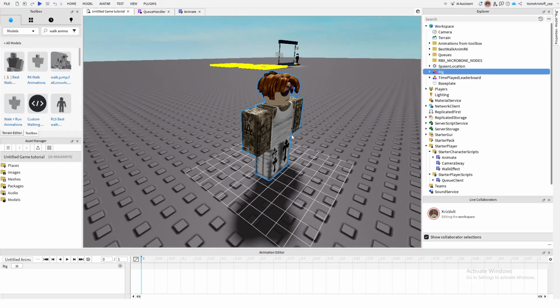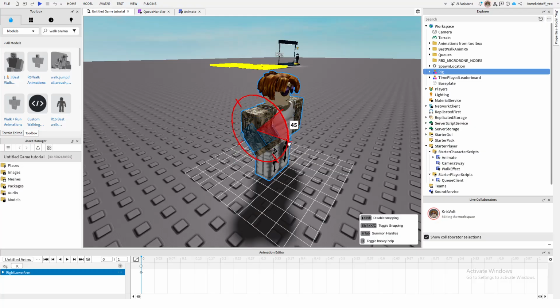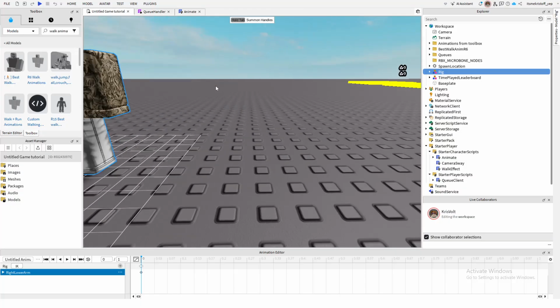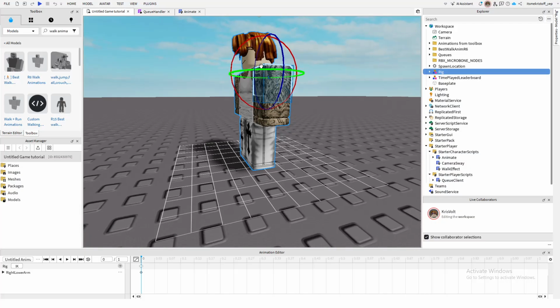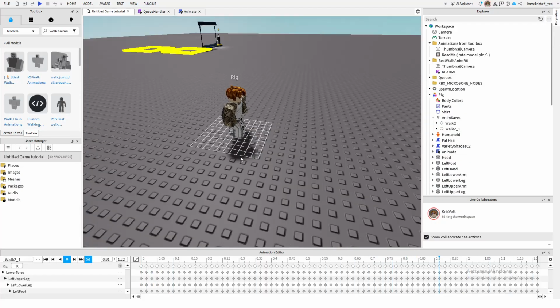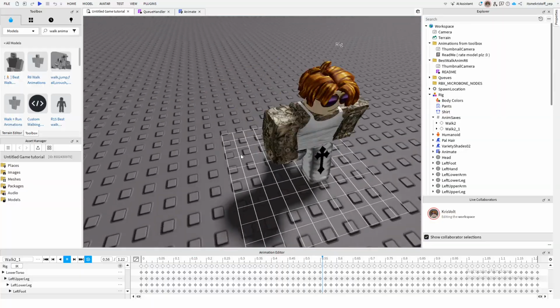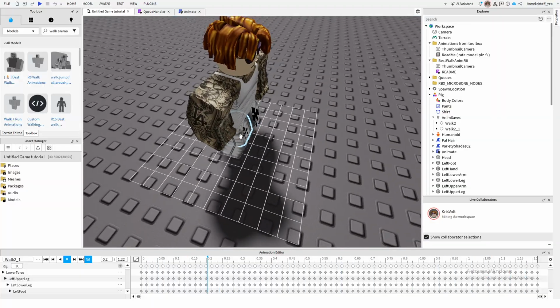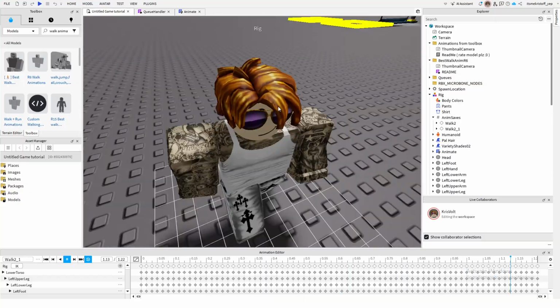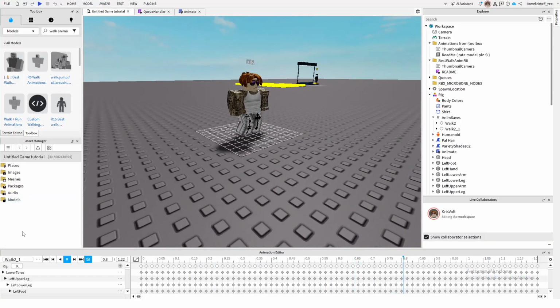Then animate this. And this is going to be an easy animation, so I'm just gonna skip this for you guys. And okay, and here is my animation. Then click this tree icon, then